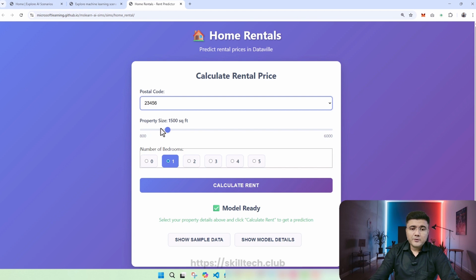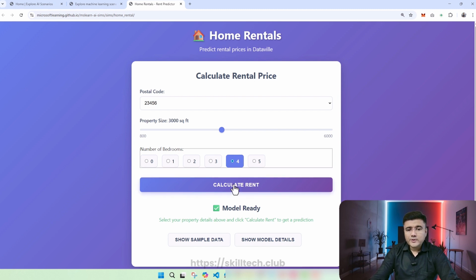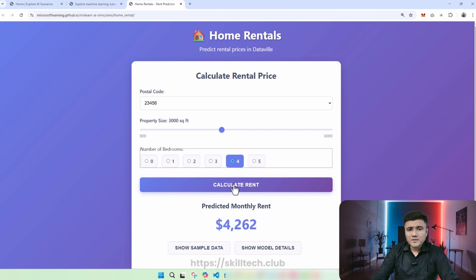I'm going to specify the property size in square feet. Let's say I have a 3000 square feet home, with the number of bedrooms being 4. It's a 4-bedroom hall kitchen kind of a 4 BHK apartment. And now I'm going to say that, okay, I want to calculate the rent. When I do this, it's showing me that as per this postal code, you may get a monthly rental of